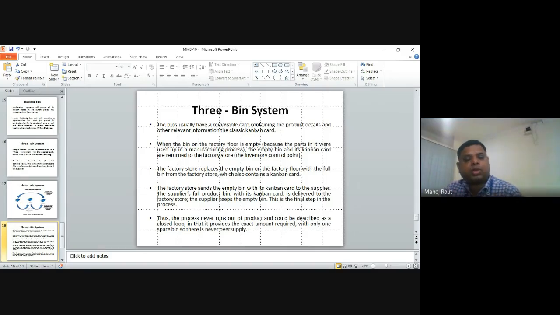So the process never runs out of product and could be described as a closed loop between the process, the store, and the suppliers. It provides the exact amount required with only one spare bin. So there is no oversupply as far as your process, then store point, and the last one, supplier point of view, are concerned. The next is in case of